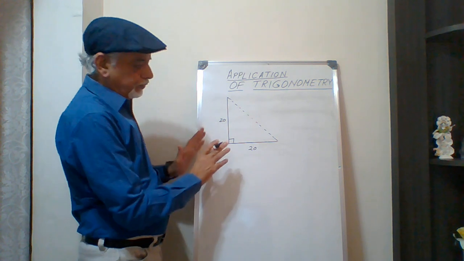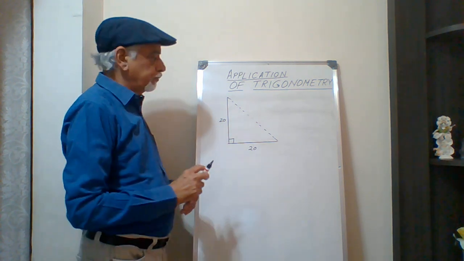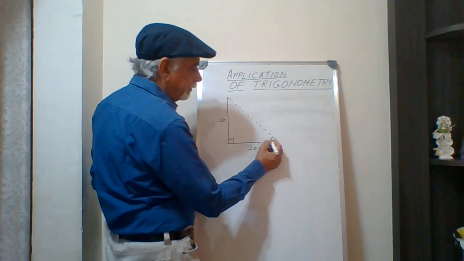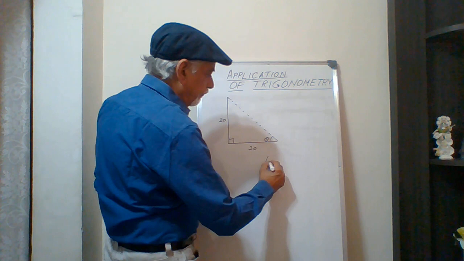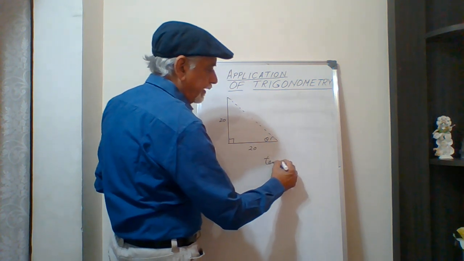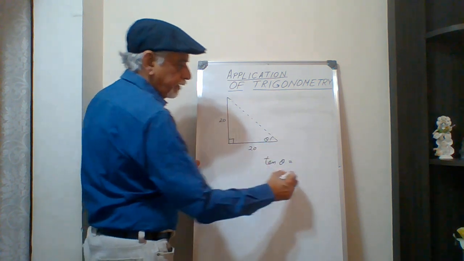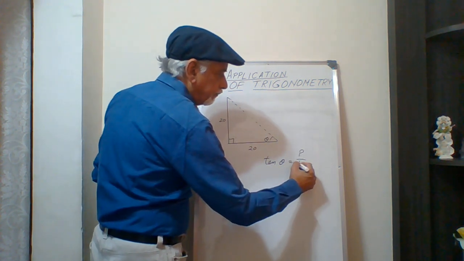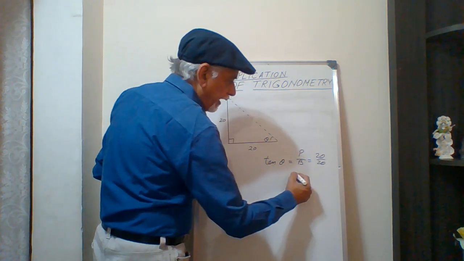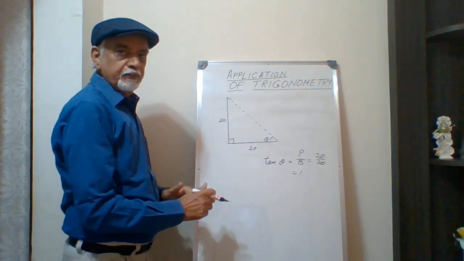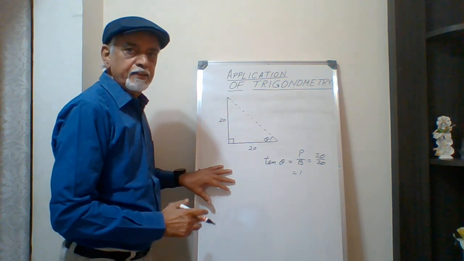Why have I made them known to us? Because I want to show you how effectively I can measure with this instrument. Now this angle will be theta. To calculate tan theta, we know the ratio we defined earlier. Tan theta is perpendicular divided by base, P over B. Both are equal to 20. So the value is 1. And as per the last class, we know how to find the value of theta when tan theta is equal to 1.